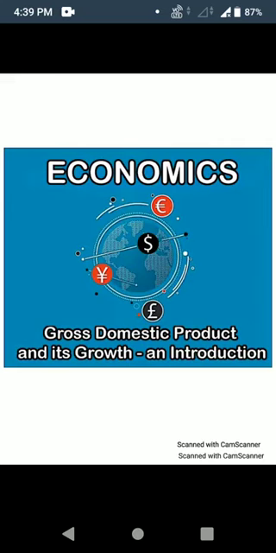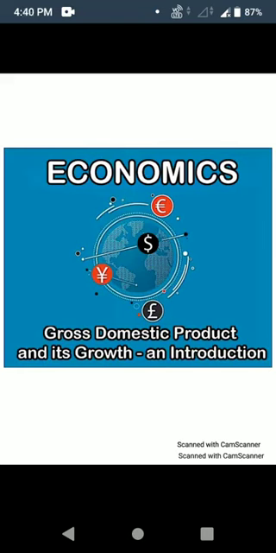Next, I have also taught who is the father of economics. Do you know, children? Can you remember who is the father of economics? Yes, very good. That is Adam Smith. Okay. And who is the mother of economics? That is Amartya Sen. Then the definition of economics also I have taught. Did you remember?